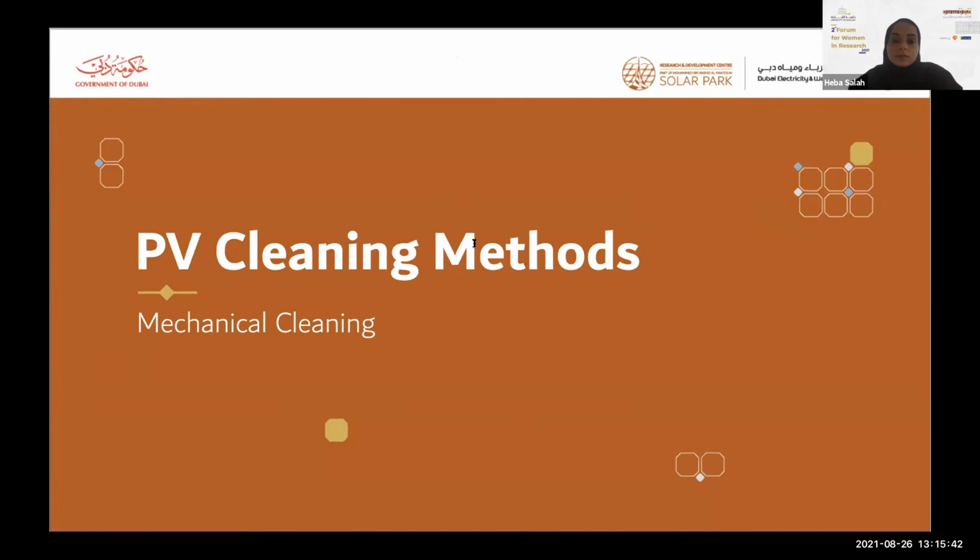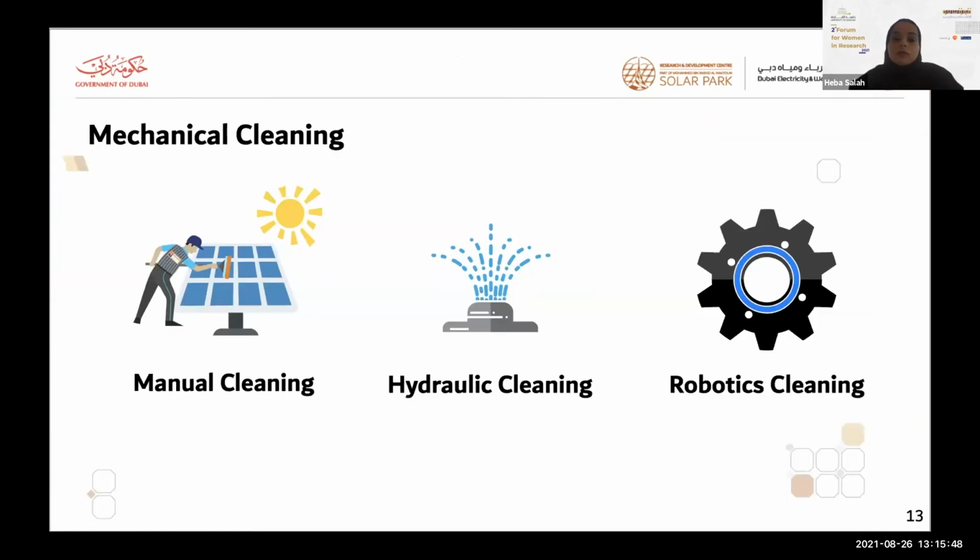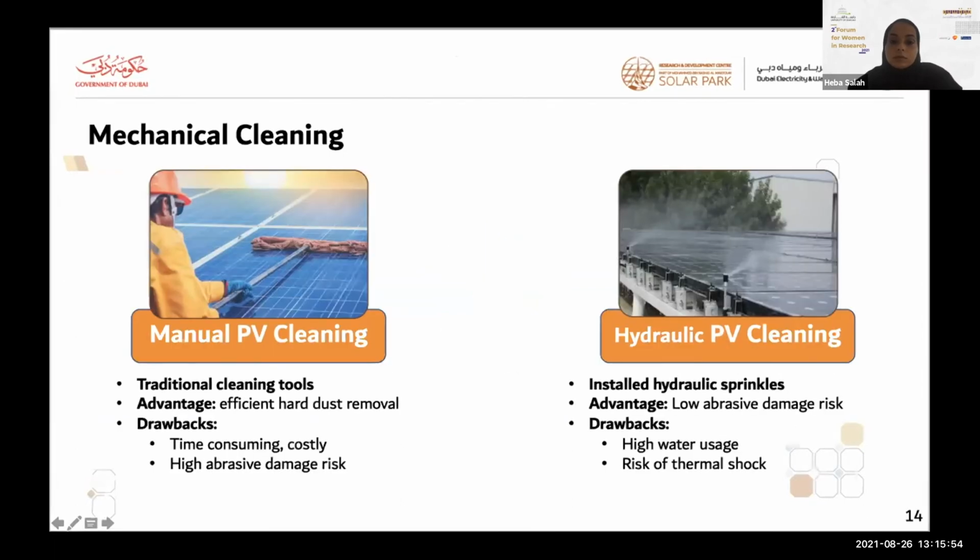Another practice cleaning approach is the mechanical PV cleaning. This approach includes manual cleaning, hydraulic cleaning, and robotics cleaning. Manual cleaning is the traditional